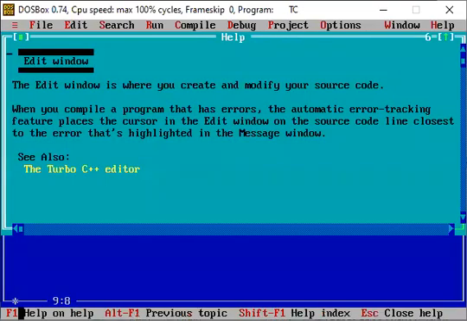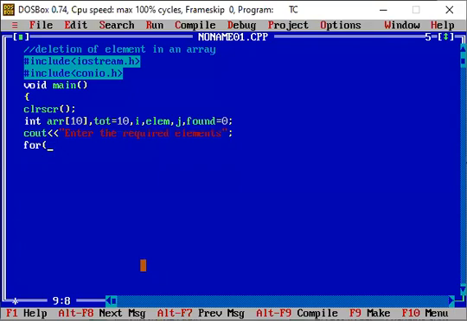I will start like this: for i equal to 0 and i less than total, the total elements available, and i plus plus. So in the array, a total of 10 elements will be inserted.